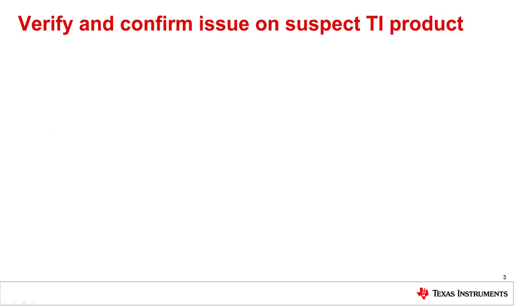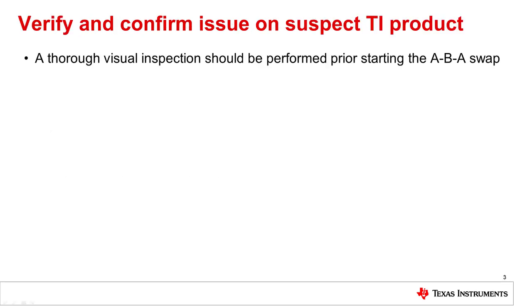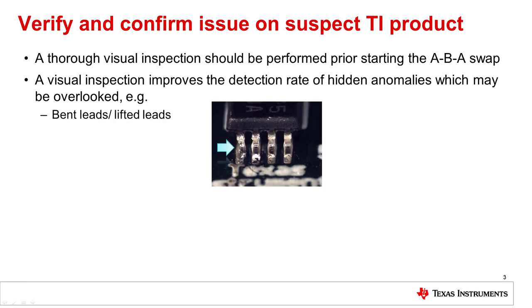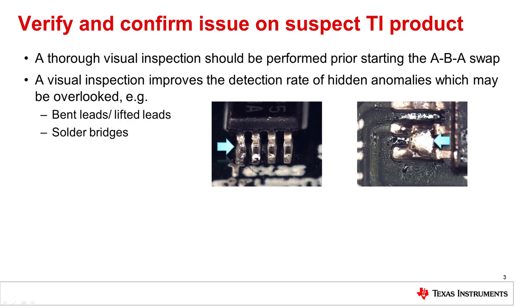Before we start the verification, it is recommended to perform an optical inspection. Automated inspections are generally completed during the application manufacturing process. However, some hidden assembly anomalies may be overlooked by the automated tool. Low-tech assembly issues can easily be missed without a visual inspection. Examples are bent leads, solder bridges, flux contamination, damaged traces, or IC orientation.